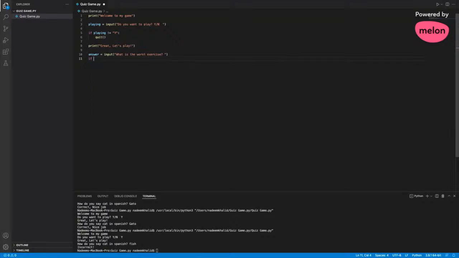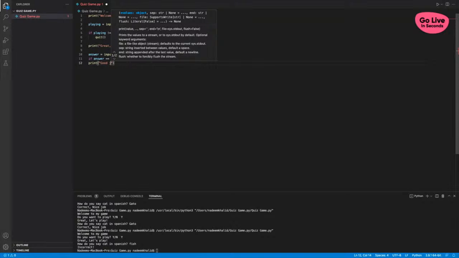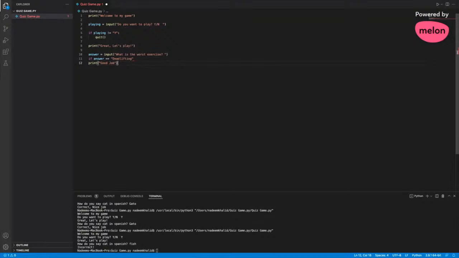Okay, so now we can say if answer equals deadlifting, print, good job. Let's see, this actually should be tabs forward, and I need a colon. All right. Else print,